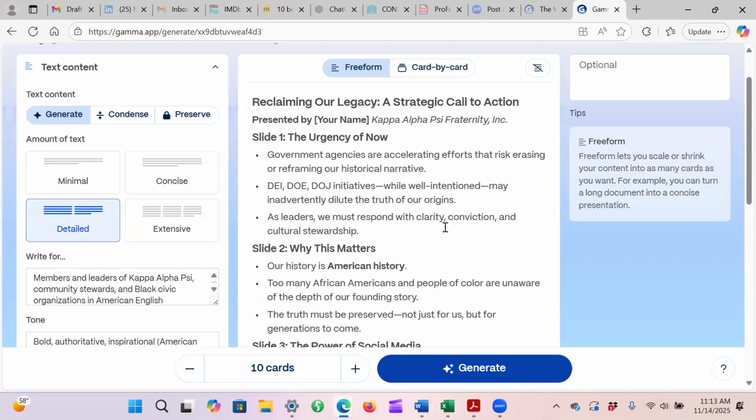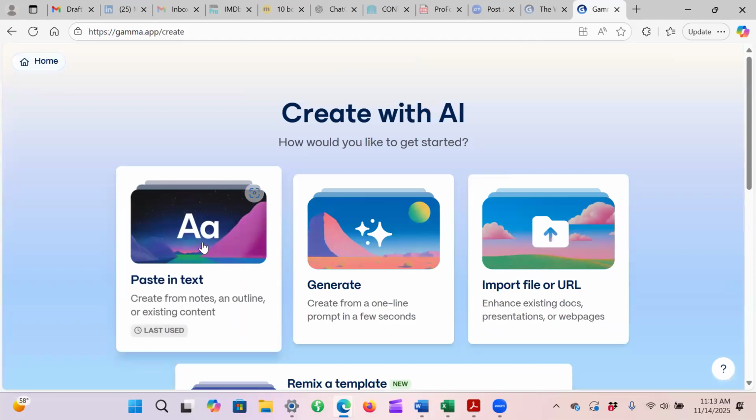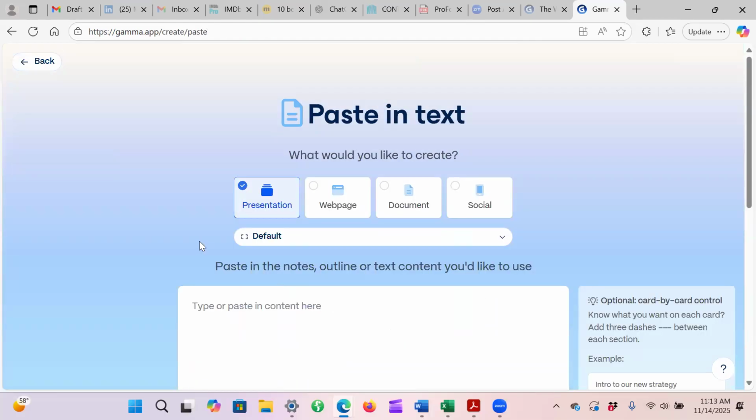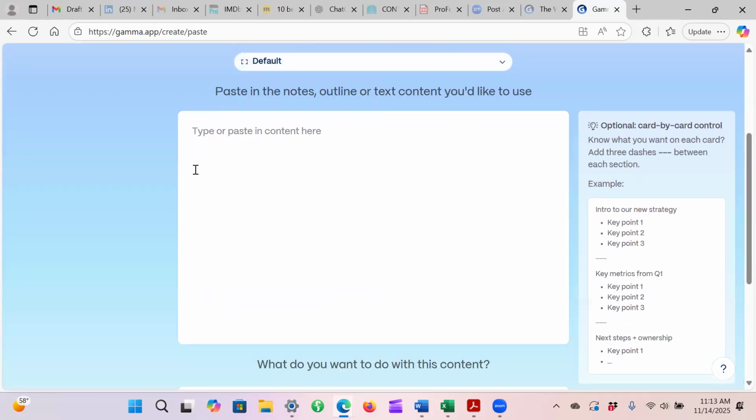So let's go back real quick. I'm going to show you real quick. So when you paste in the text, you click that, right? You tell it if you want a presentation, anything. What is it that you want? Then you go to default, or do you want traditional, which is your PowerPoint one, or the tall version. So this is how it's going to be formatted. I just usually do default. Then here you go, you just type in